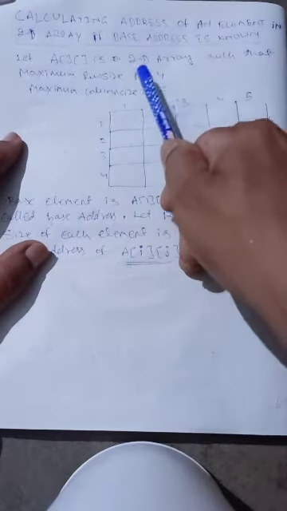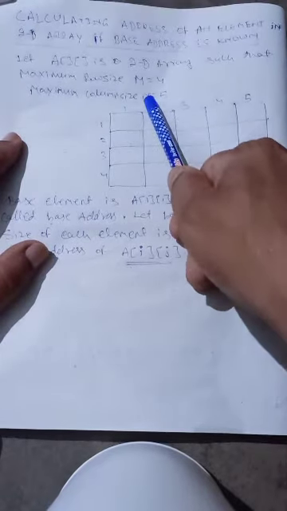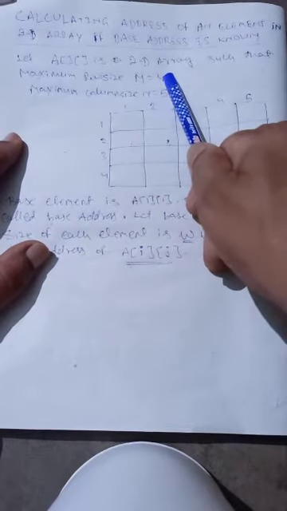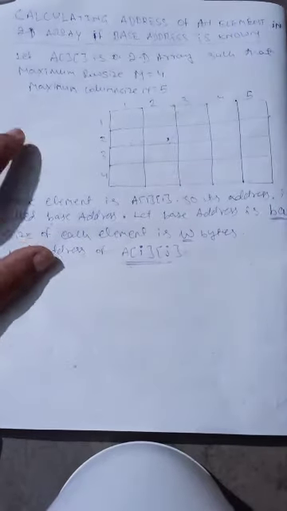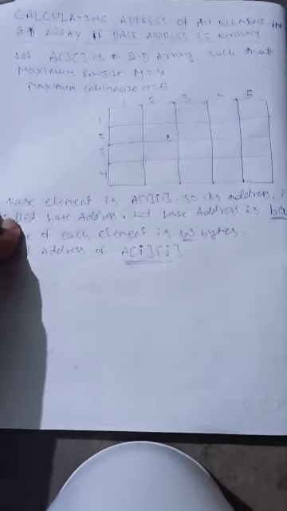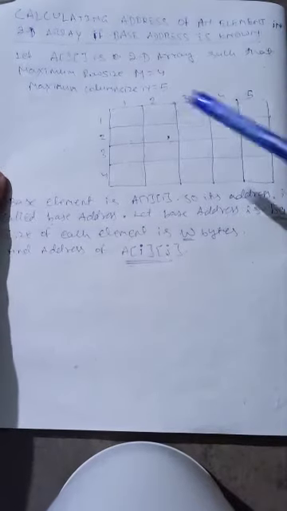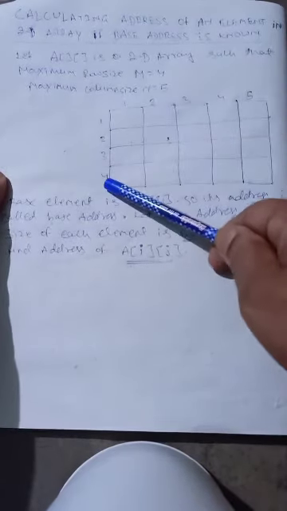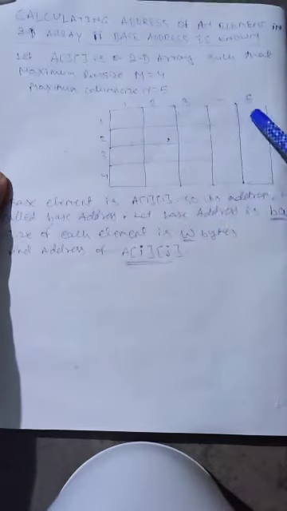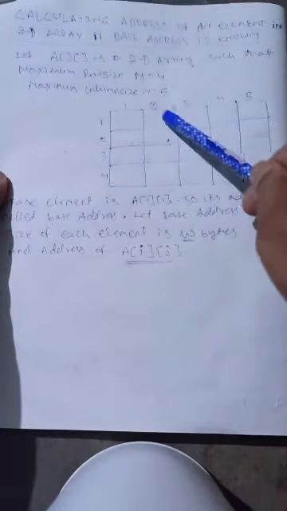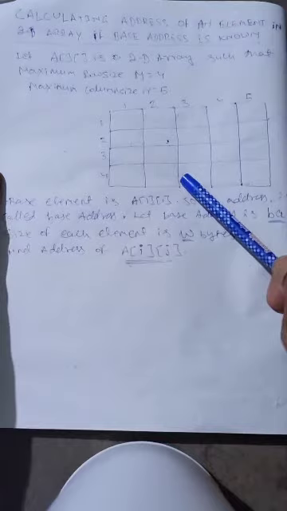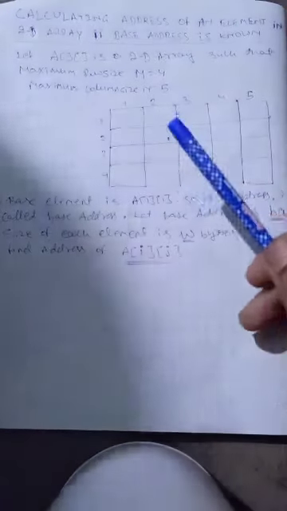So if there are m cross n elements, then there will be a total of 20 elements. Row wise there are 4 rows and column wise we have 5 columns. So in total we have 20 elements. But we know that this is just a logical view,